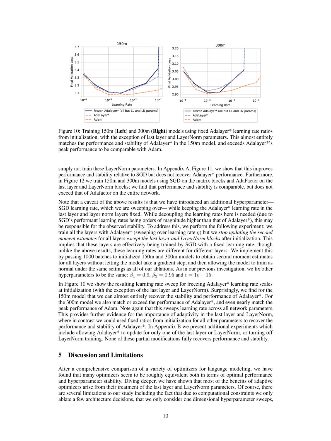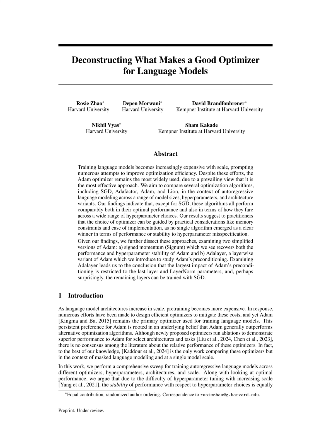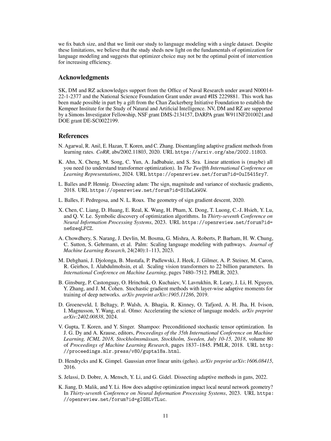3. Fixed batch size. The study fixed the batch size, which may not capture the full range of effects that varying batch sizes could have on the performance and stability of the optimizers. 4. Single dataset. The study was limited to language modeling with a single dataset, which may not fully capture the variability in performance and stability that could arise with different datasets and tasks. 5. Optimization focus. The study primarily focused on optimizer choice as a point of intervention for efficiency, potentially overlooking other factors that could impact the overall training process and model performance.